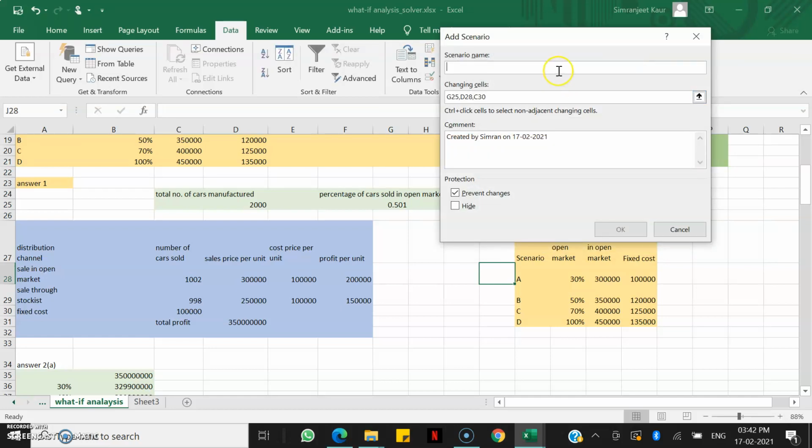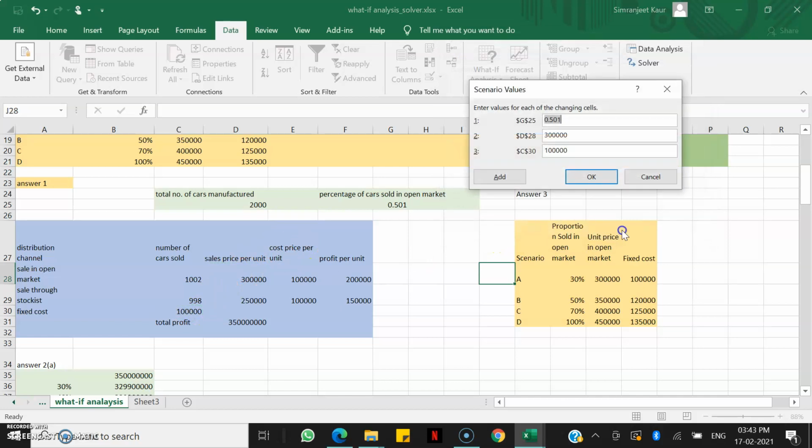Now I'll add another scenario. I can name it scenario B. Again I will have to change the cells. I'm doing it again for your reference, otherwise you can keep it the same because it's not changing. Again the reference part, and the last is my fixed cost.